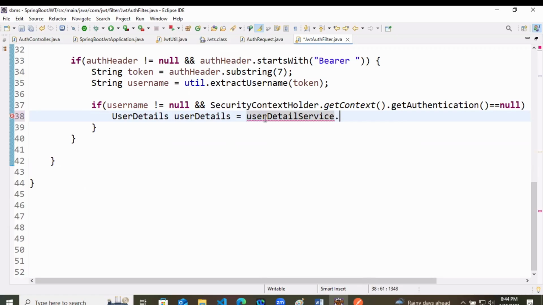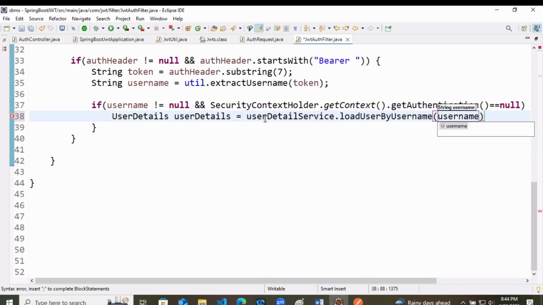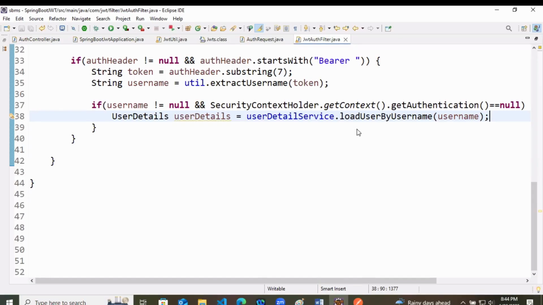In this class we have one method, loadUserByUsername, and here we will provide the username of the user. We have already created this class, the user details service, the custom users class, where we have this method loadUserByUsername. So when the authentication is going on, you have loaded the particular user by their username.